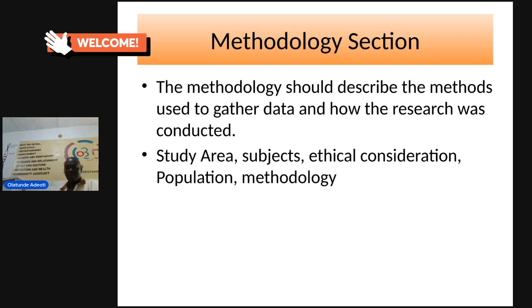Then under the methodology section, this should describe the method you are going to use in getting your data and how the research is going to be conducted. So part of what will come under methodology includes the study area, the subject focus, the type of people, the group of people you are going to focus on. For example, if you want to focus on only the handicapped or the pregnant women, this will form your